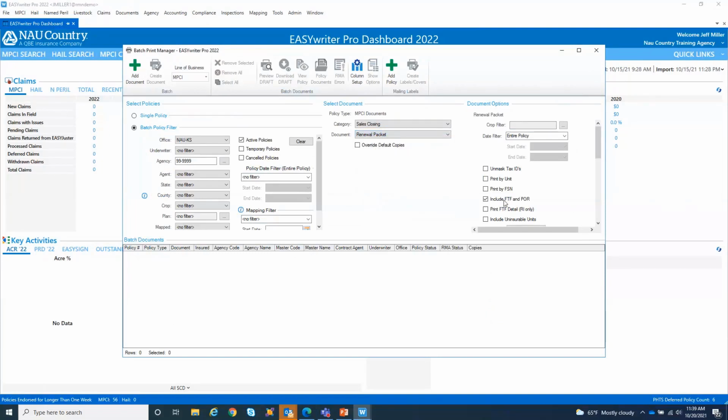Over to the right of there, you'll see that we have the farm track and field number point of reference box checked. If you wanted to see the point of reference and the FTFs, right now they put them in there with a comma in between them. If you want to see them below each other where it's a little easier to read, it does create a little more paperwork. To do that, you could simply click this box here to include that. So now I have my renewal packet. I've got my agency in here. If I add document from here,